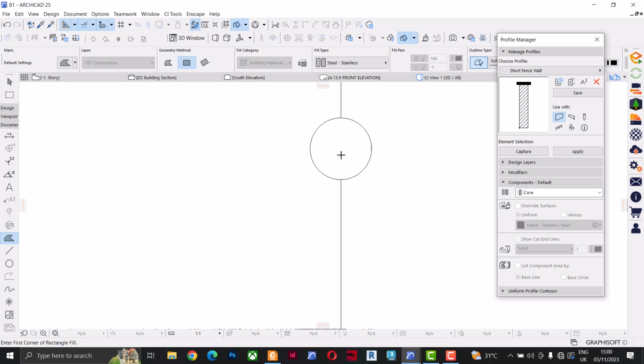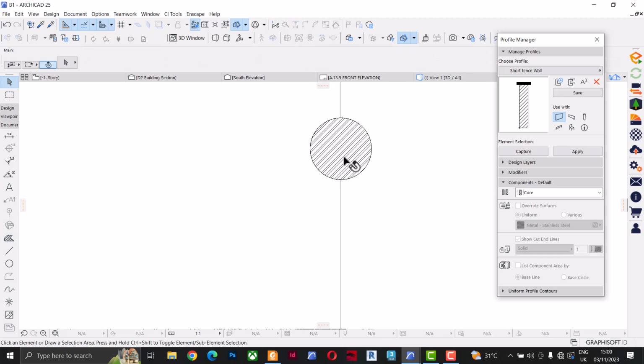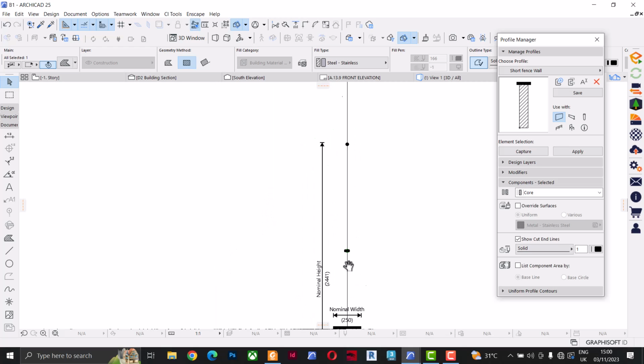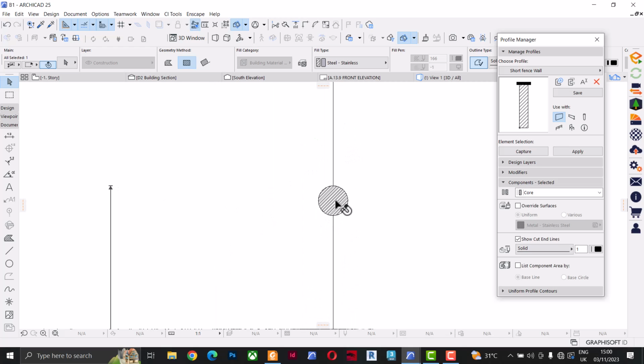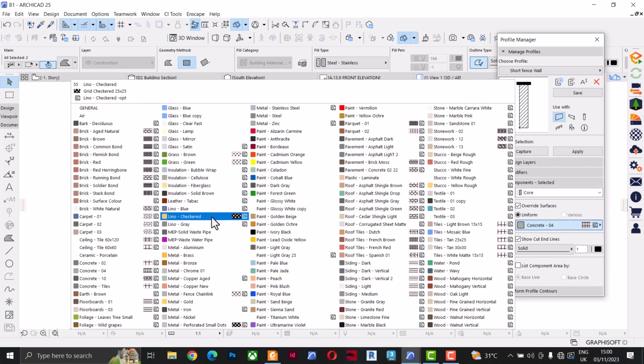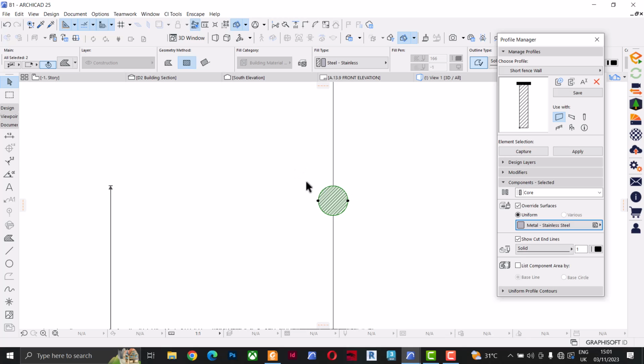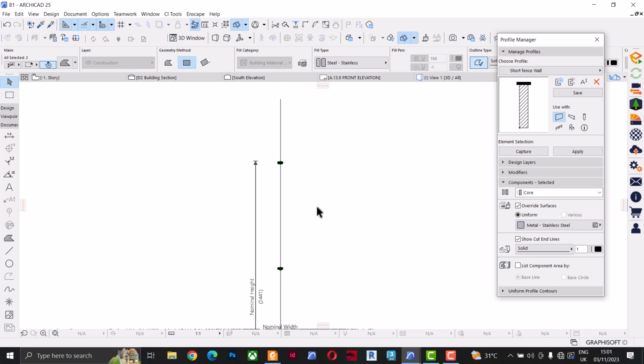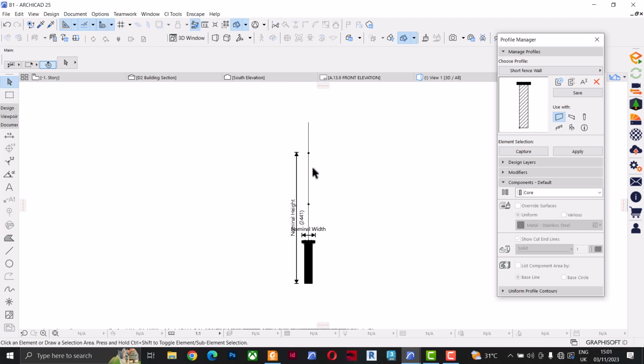Let's get this out of the way first. Stainless steel, okay? Let's highlight these two, override the material, and look for stainless steel as a material, okay? Now, we've added railings to this profile. If we click save,